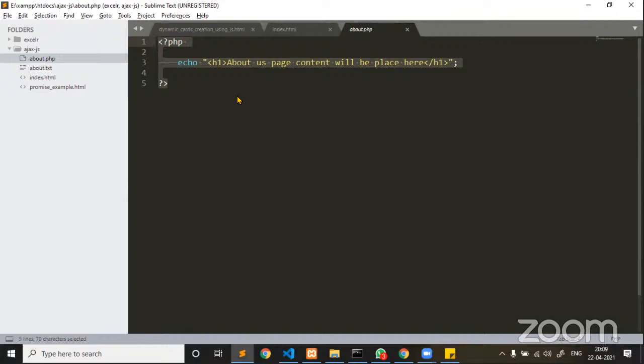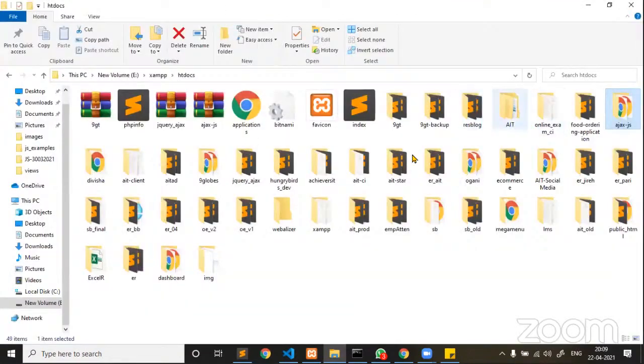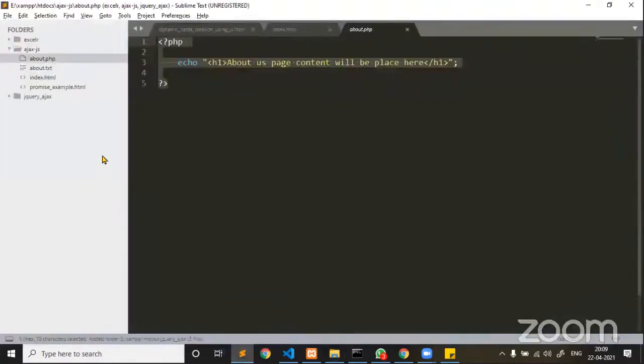Next, let me talk about the jQuery implementation which we have used in our real life example. Now let me see the same exercise. Guys, listen carefully. I have created one more example which we have used for our projects, jQuery Ajax. This will give you a lot of hints.